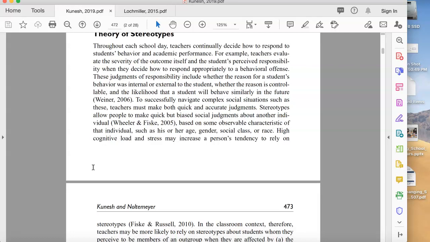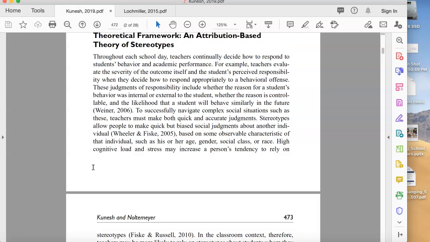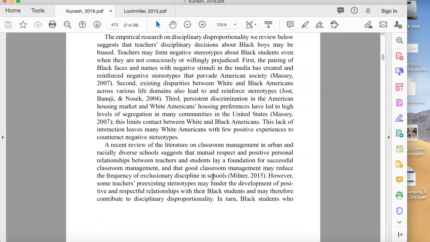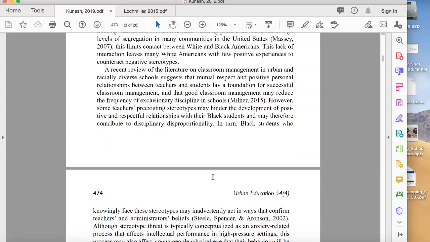So in your notes, you could say theory and then name it. You might want to pull out some key references. So one thing I didn't mention when we were going through the previous article is that when you aren't sure where to look next for your next article, mine each article you read for authors that you should read next. So for example, if you want to learn more about stereotypes, well, maybe you can read these guys right here, Wheeler and Fisk. I don't know who they are, but it might be relevant for your research if you're reading this article. So they kind of go through the theory, some of the research, the empirical support for this theory,